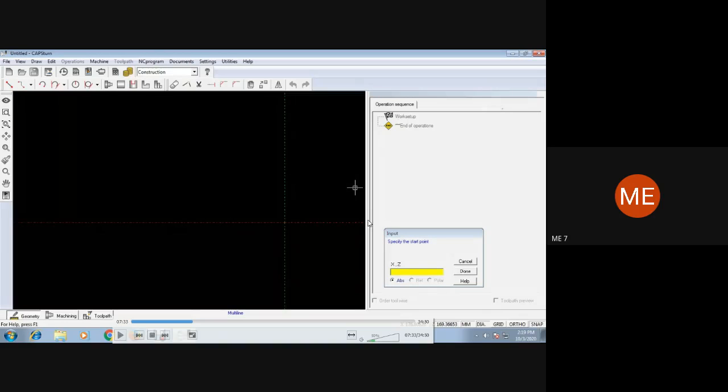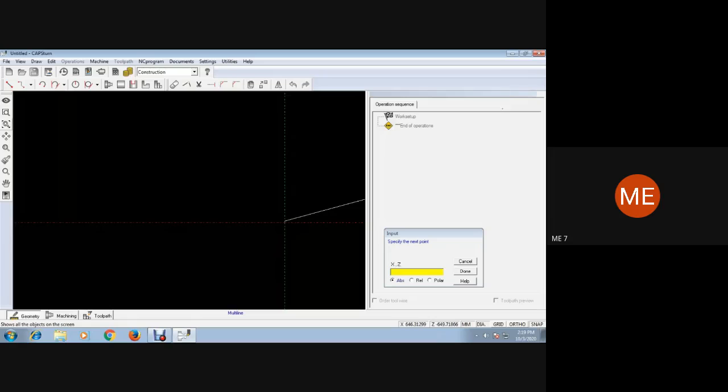You will get this window where we have to enter the x and z coordinates. So first 0, 0. Once we enter the coordinate and click on done, you can see the line has already started at 0, 0. Next one will be 10, 0.